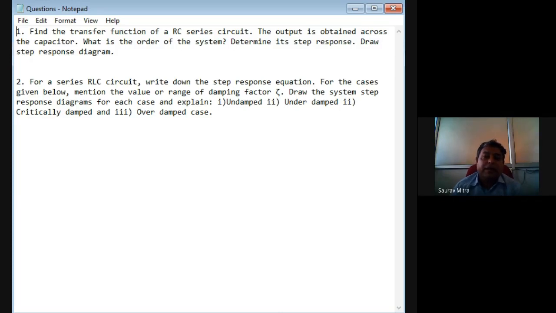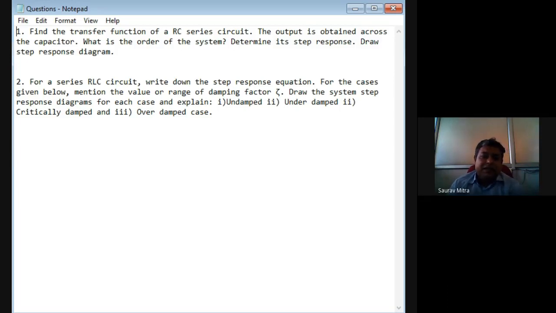What is zeta, what is damping? The damping factor actually decides the fastness of the system response, how fast the system response reaches its peak value or highest value. In the first order circuit, it is the time constant tau. Tau decides how fast the system is. If tau value is very big, time constant is very big, at that time the system will be slow. If tau value is very small, that means time constant is very small, at that time the system will be very fast.